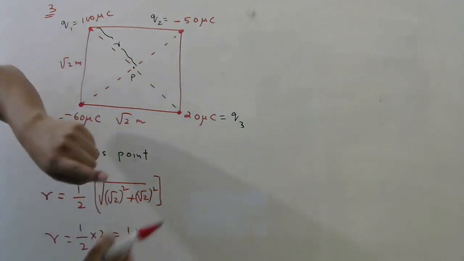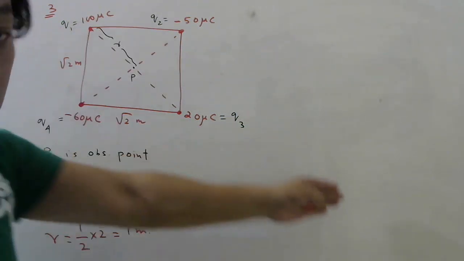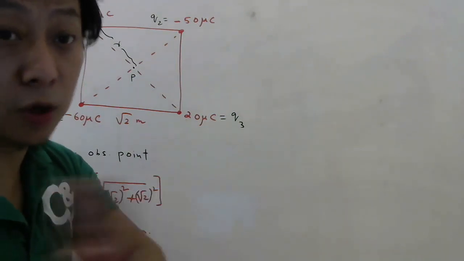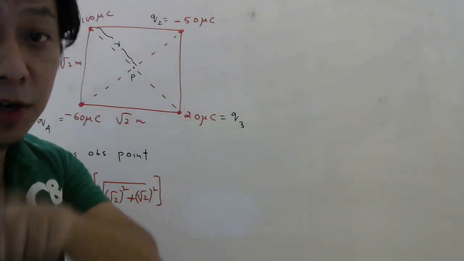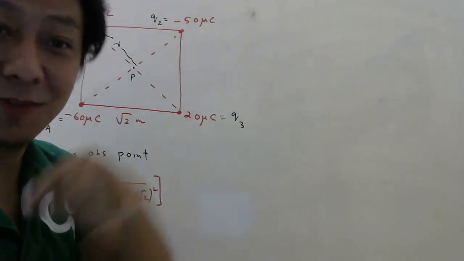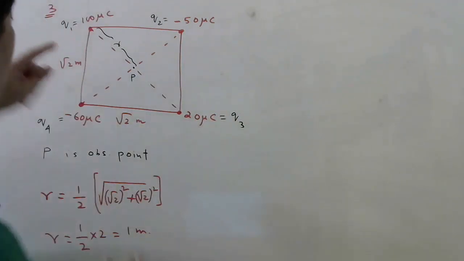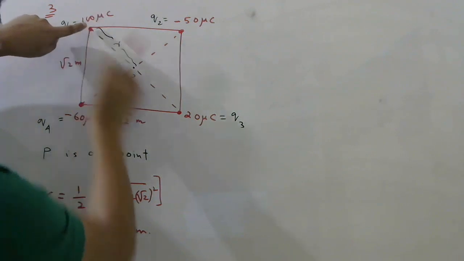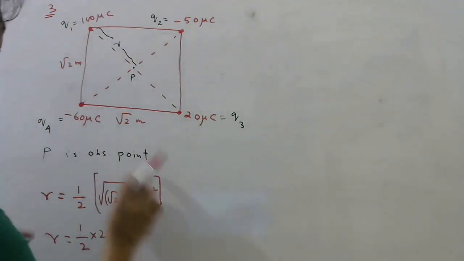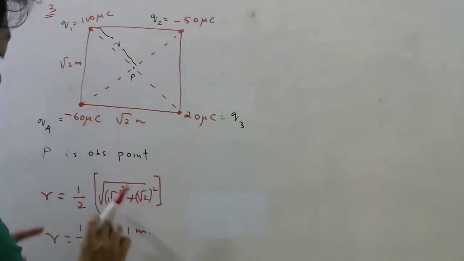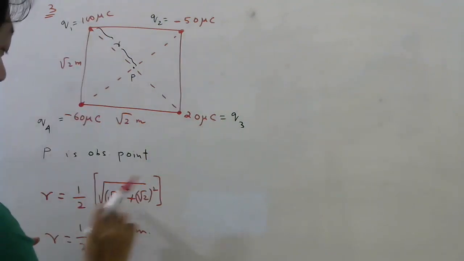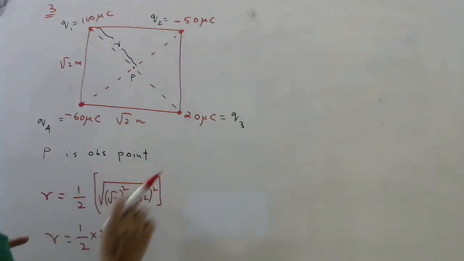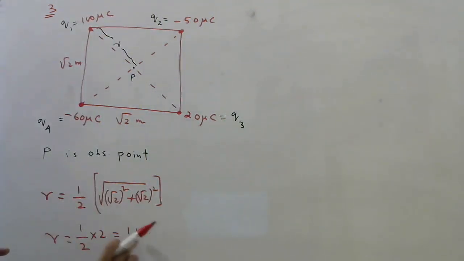So while calculating potential, as you know the formula for potential due to point charge, 1 by 4 pi epsilon naught Q by R. Don't write R square. That is for electric field magnitude. So R is the distance between source charge and point, which is half of this diagonal. So diagonal you first find using Pythagoras theorem. Root 2 square is 2. Then 2 plus 2 is 4. Square root of 4 is 2. Half of 2 will be 1 meter.